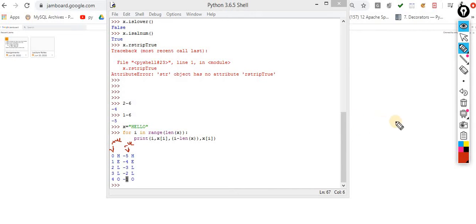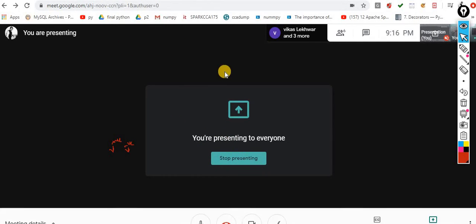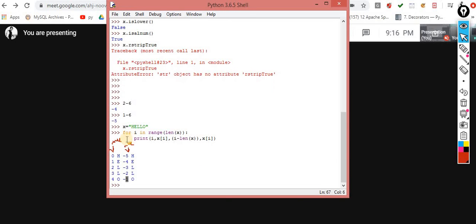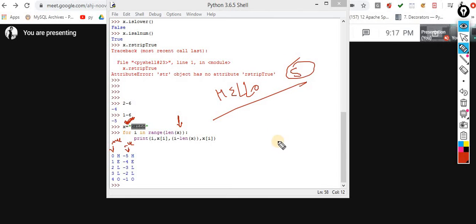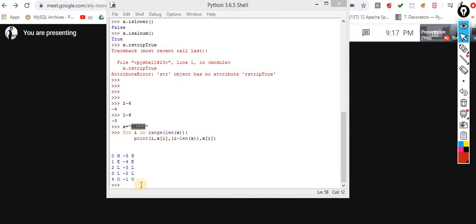Hanji. Now ask me the question what you want to ask. How many times? Yes, of course it will run the length of this one. Yes, because we are getting the input inside x. That's why we use x over here. And x contains hello, and what is the length of this one? 1, 2, 3, 4, 5. Yes, it will work fine, because automatically it will calculate the length of this variable.